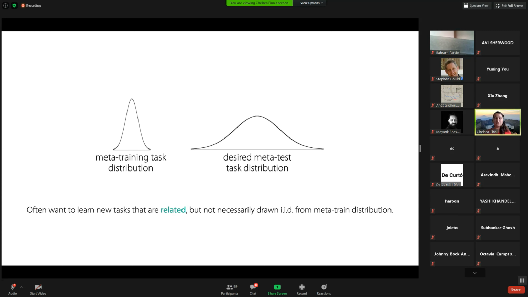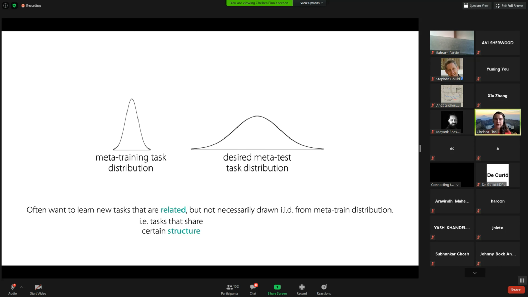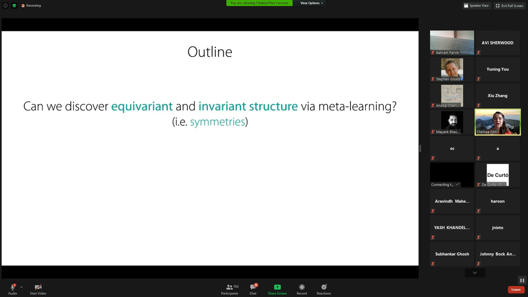And in particular, often we want to learn new tasks that are related to the meta-training tasks, but not necessarily drawn IID from the meta-training distribution. To think about this problem, we need to think about the word related. How do we actually define whether a task is related? To do so, we're going to consider tasks as being related if they share a certain structure. And in particular, in the first part of this talk, we're going to be talking about structure that corresponds to